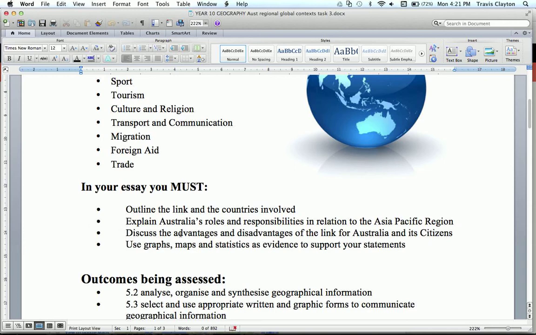The third one, discuss the advantages and disadvantages of the link for Australia. And you should have some notes on this, okay? And you will want to discuss, explore, use the resources that I've provided for you. You need to pull it out. There's no black and white answer. So if you believe that there are many advantages for Australia, you'll need to discuss them. You need to provide some evidence. And if you believe that there are some disadvantages, again, you need to provide some evidence and pull some information